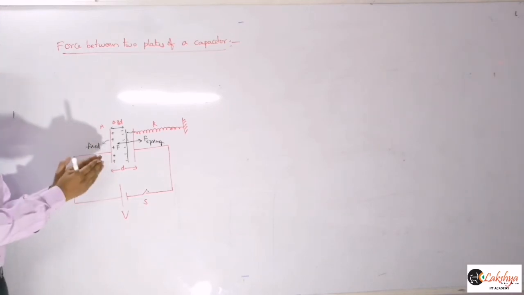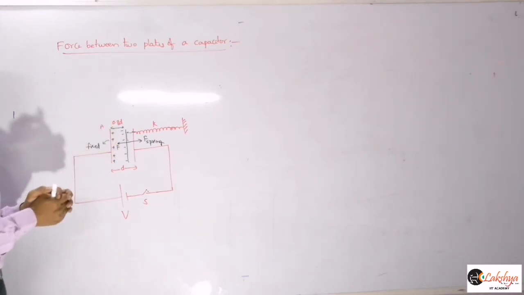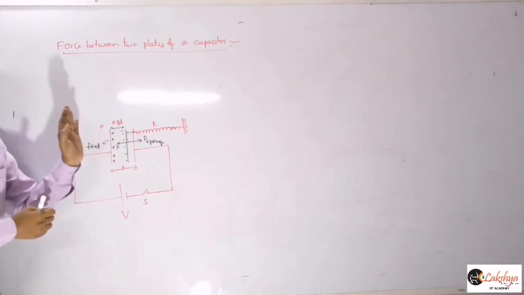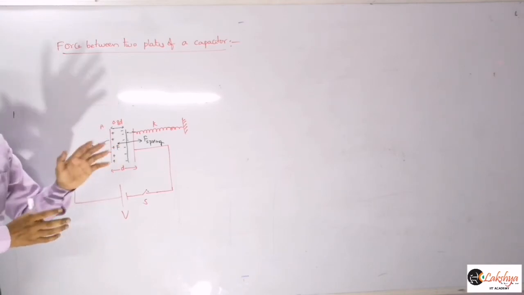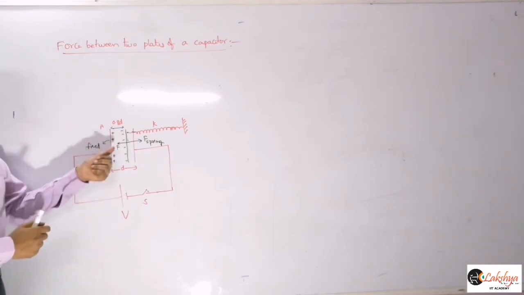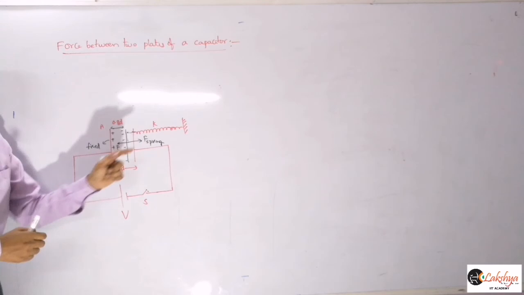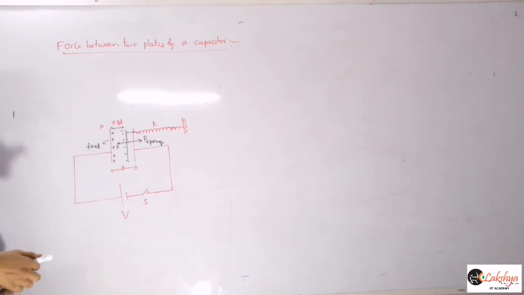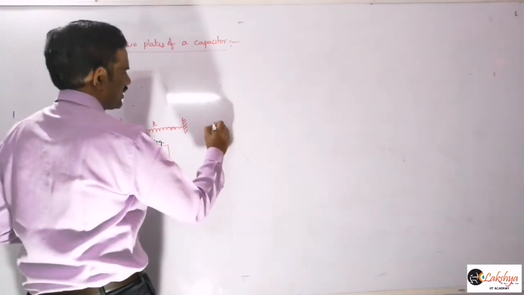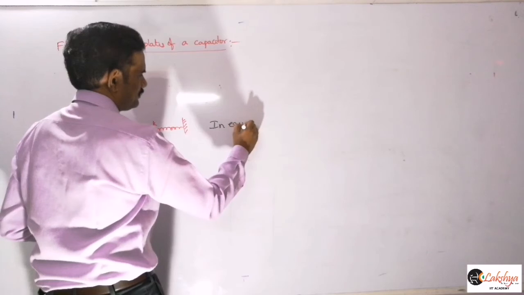And so now in the steady state, the separation is 0.8 D. In that position, the plate is in equilibrium because the capacitor is reaching the steady state. On this side the attractive force will be there, on this side the spring force will be there. You just need to balance those two forces here, so we can write this as equilibrium.